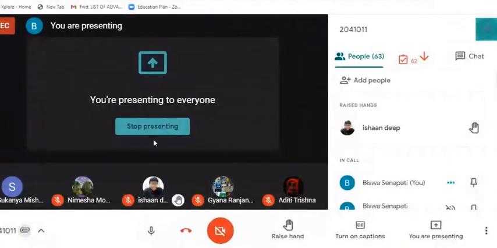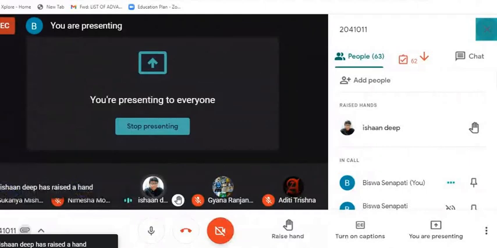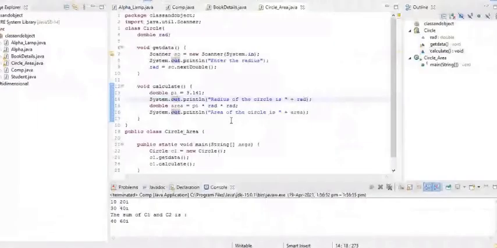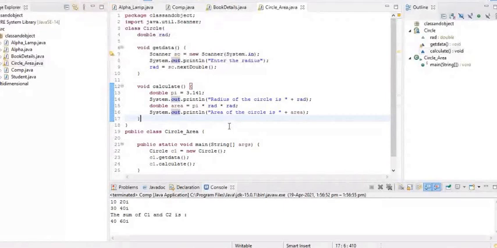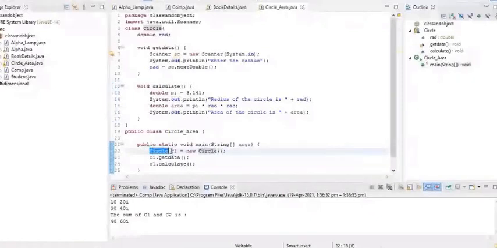Ask now. Otherwise, I will ask someone to explain the code. Yes, Sandip. Sir, can you please explain the keywords used when we are defining an object, like Circle c1 equals new Circle? What is the meaning of each? First Circle, then new, and then another Circle. First, Circle is the class name. I should know that this object reference belongs to which class. So this is the object reference that belongs to class Circle.